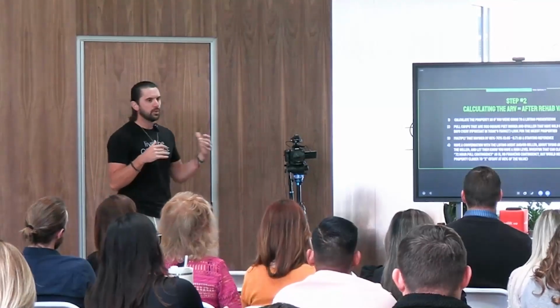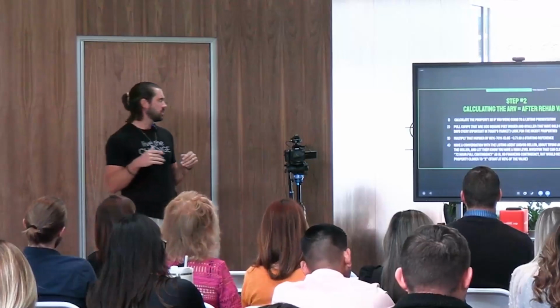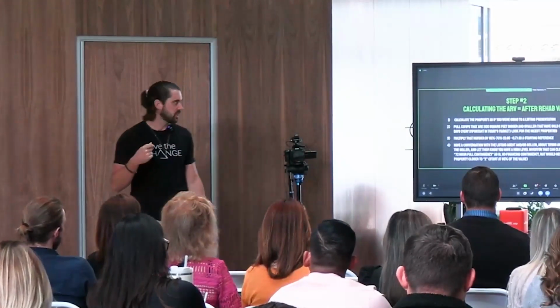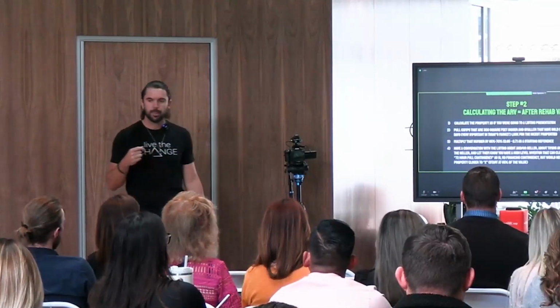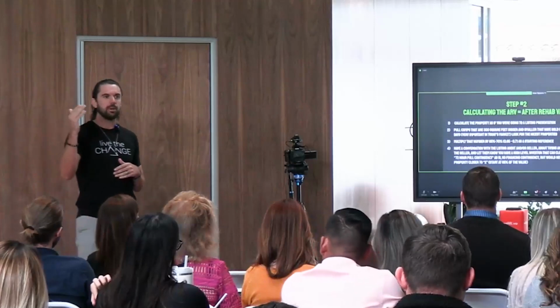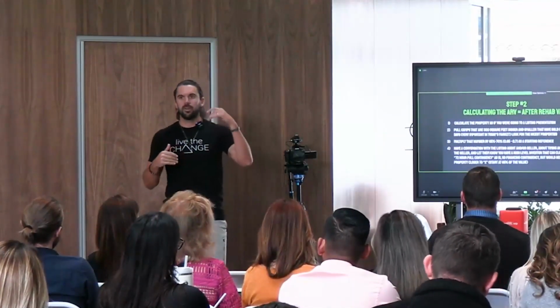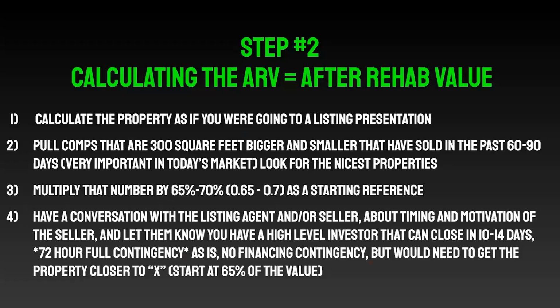So to do that, it's really, really simple when you're working with flippers. You're going to go in and find the square footage. You just look it up on HomeSnap, find the square footage of this particular property. Okay. And search 300 square feet above and 300 square feet below. So if the property you're looking at is 1,500 square feet,